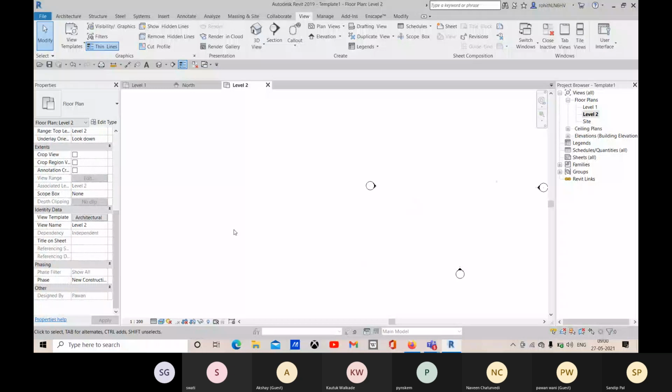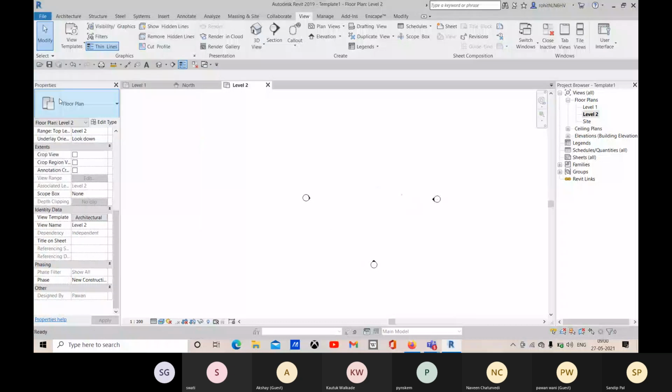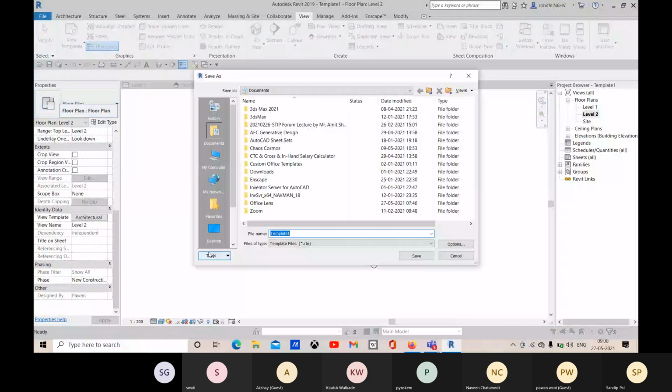Okay, so this way we will create a project template. So we'll be saving this as a template file. So let's go for save. And here you can see that we are saving it as a template file. We cannot change it to a project file. So it will be saved as a template file only. And you have to save it, give it a name.